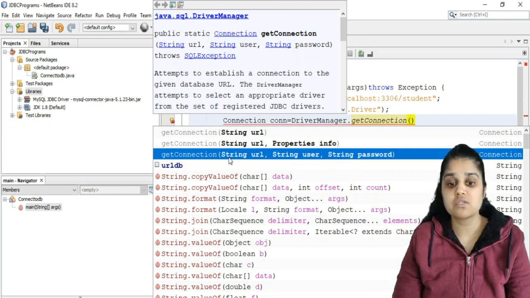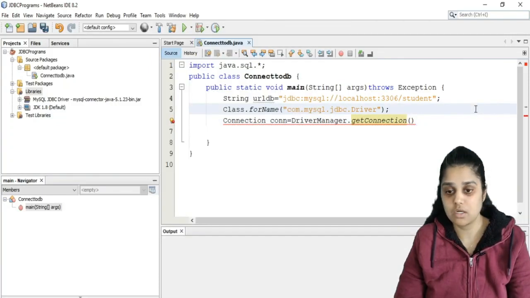So I'm going to specify the path of my database, which I have already described previously, my username and password into this getConnection method, and this method is returning a reference of the Connection interface. So we are storing it in Connection con.